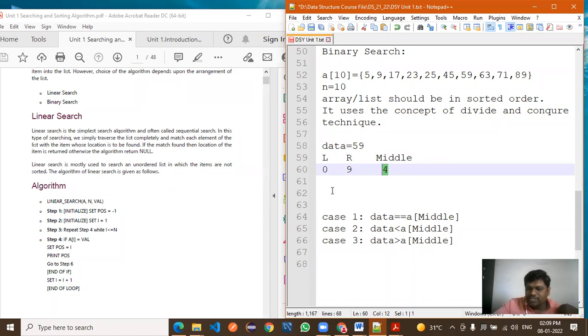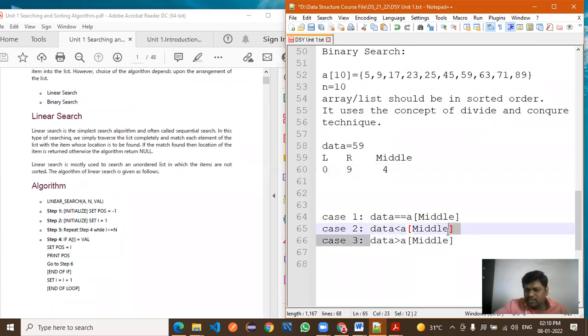If data is greater than middle, means data is present at which side? Right side or left side?